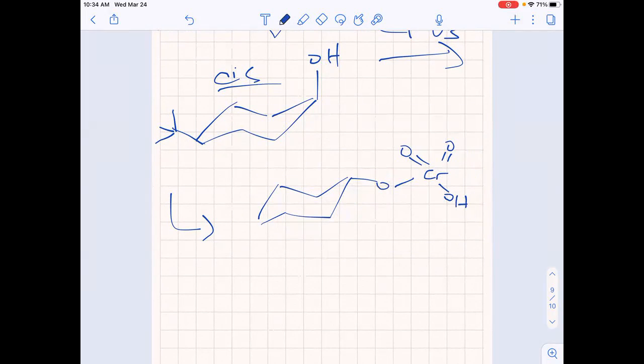All right, so this is the intermediate, and this is where my oxidation takes place. So of course you've got an axial hydrogen here that's going to get removed. Right, and that's where your oxidation is going to take place. But again, with the OH being equatorial and you having to do this elimination,